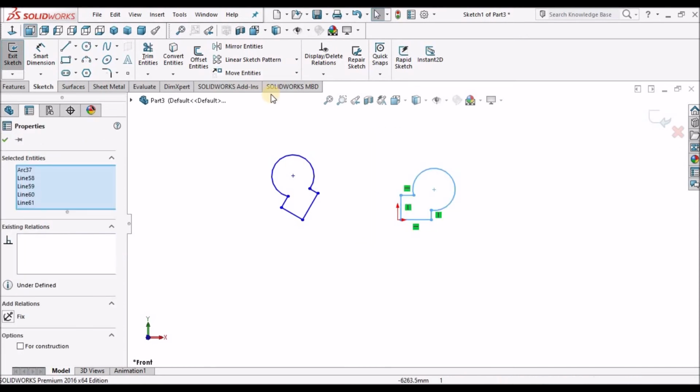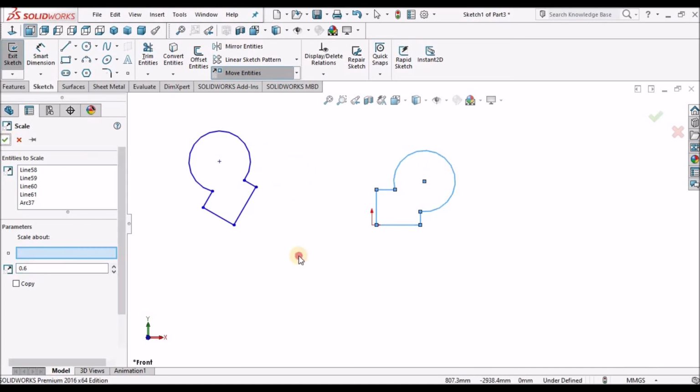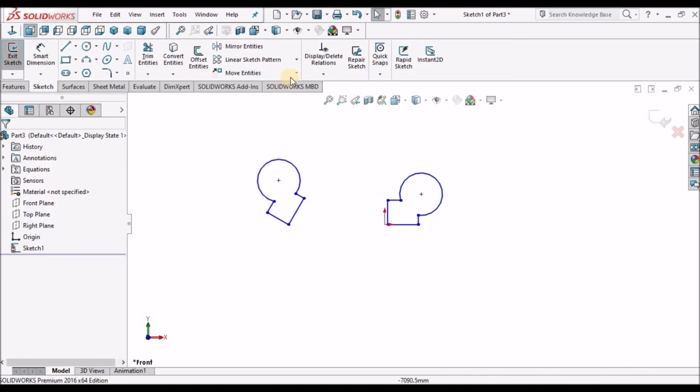Suppose I want to increase the size of this logo. So I have to click here. If I want to double it, I have to click 2. Otherwise, if I want to reduce, then 0.6. So it automatically reduces.